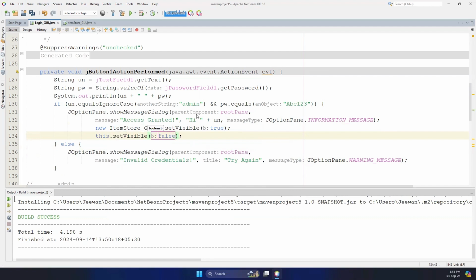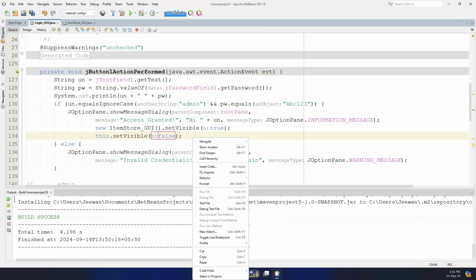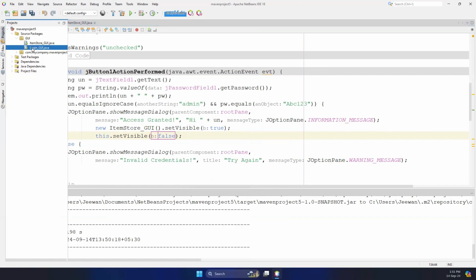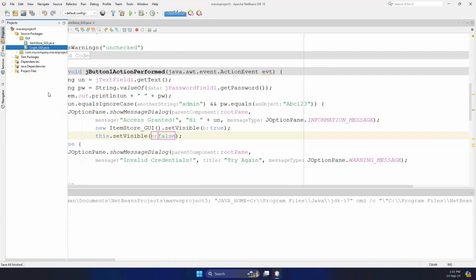This dot set visible false means the username and password fields will get hidden, and then the item store will be displayed. Right now, let's see how you can see that. If you run this,